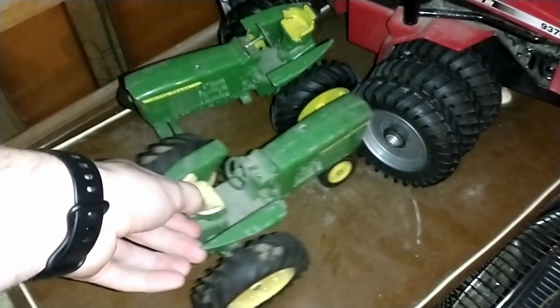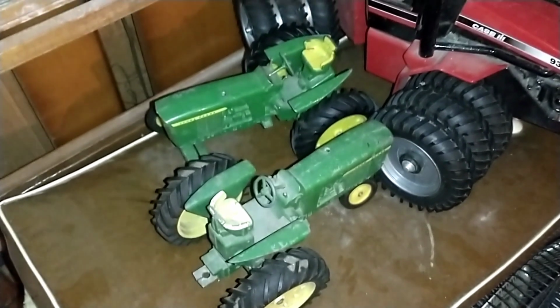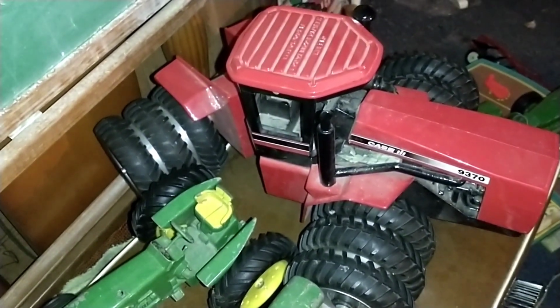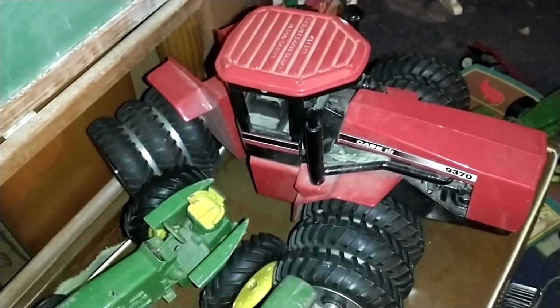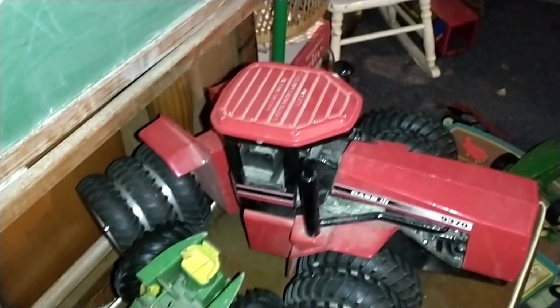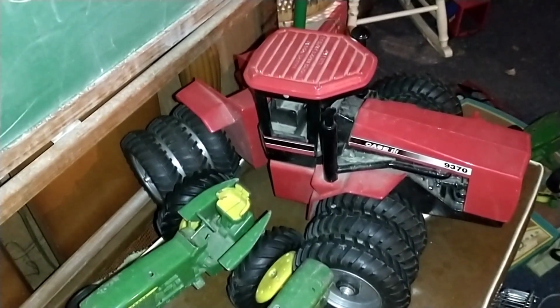I remember playing with these when we were kids. I'm 35 now, and I remember playing with these, we're talking, heck, 20, 25 years ago. I remember some of this stuff. I don't remember this tractor, but I've seen it going online for like $300 to $400, so I know you could probably get some money on that. I'm kind of surprised it's here, because this has always been more of a John Deere family. And so we'll come around here and look at some more